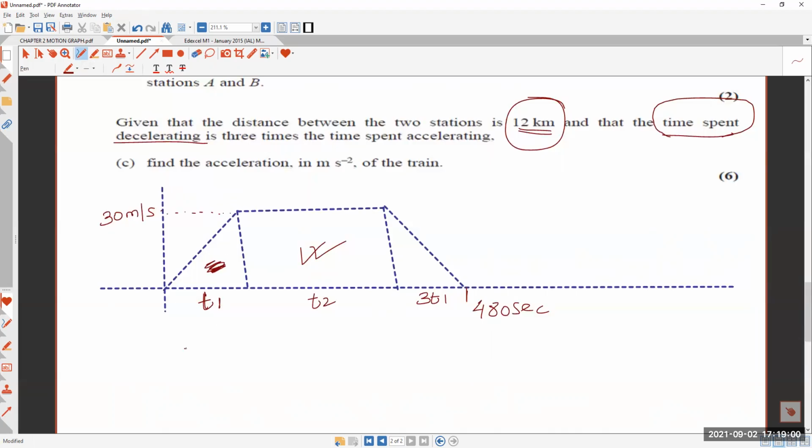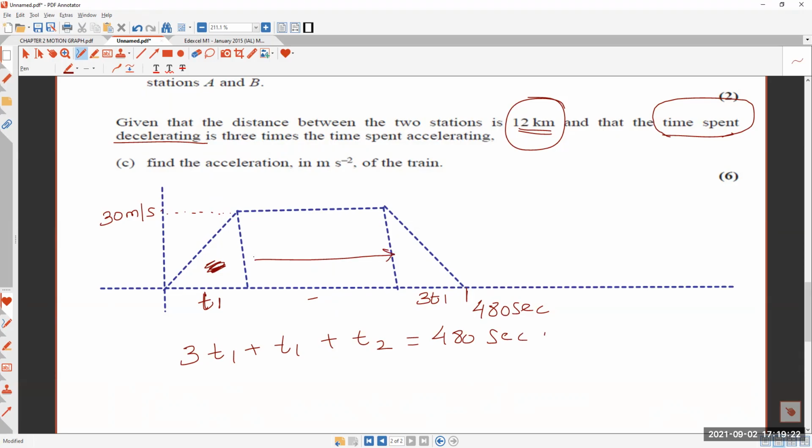Now we can take 3t1 plus t1 plus t2 is equal to how much? 480 seconds. This is number one. Okay, now the thing here is that this is the one we are supposed to know. Look here, in place of t2 can we write,